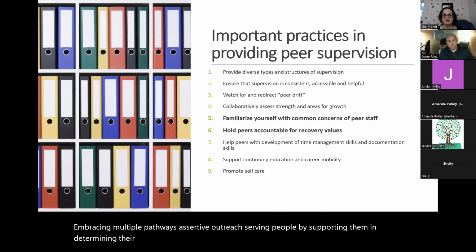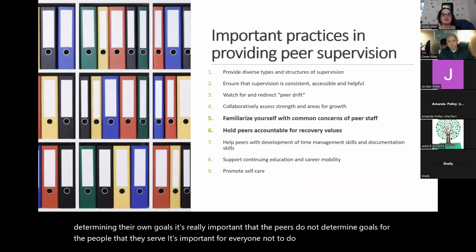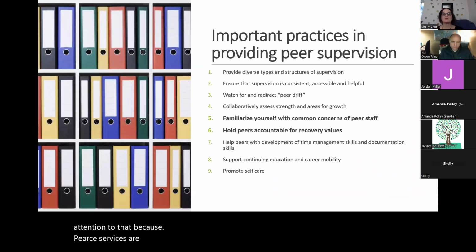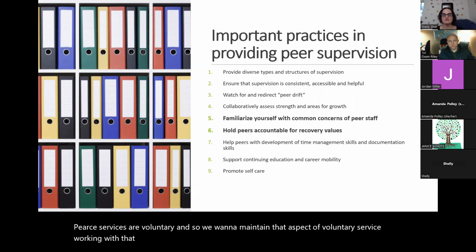It's really important that the peers do not determine goals for the people that they serve. It's important for everyone not to do that. But we want to pay attention to that because peer services are voluntary. And so we want to maintain that aspect of voluntary service, working with that person, providing a lot of services